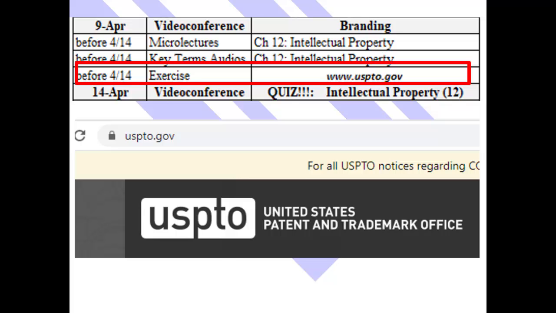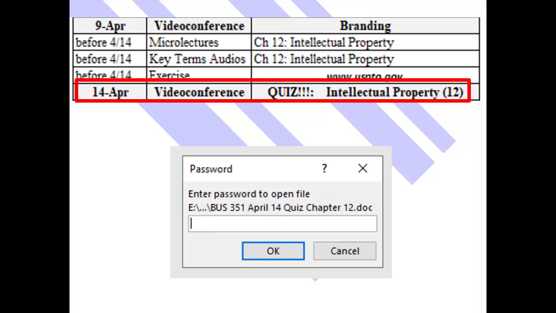Now, notice right below there on April 14th, we had a quiz on intellectual property. I told them that we were going to have the quiz that day. They knew it in advance. I put the quiz up on the learning management system as a Word document, but it was password protected. They couldn't get into it. And then in our virtual class, I said, okay, you've got 20 minutes, and here's the password. And away they went. So setting up a password is super, super simple. There is a micro lecture elsewhere that deals with that simple capability.